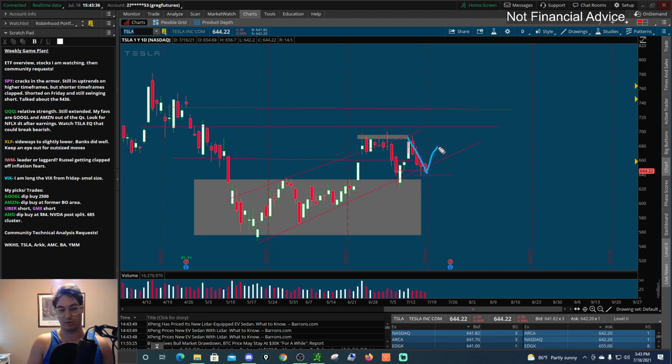So you always expect a lower high after that massive sell volume and candles after those 4 days. So look for a lower high. I'd be surprised if Tesla got above 680, but anything beneath 680 I do believe is a short. I'm leaning more bearish as Tesla potentially gets into a tightening range, and still looking for that dip buy on